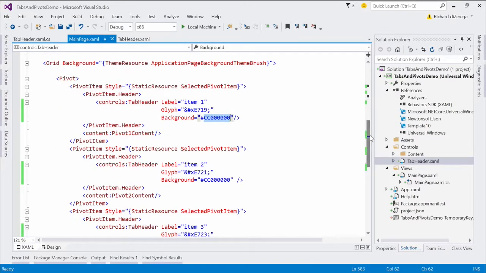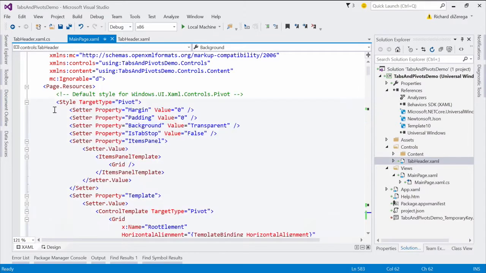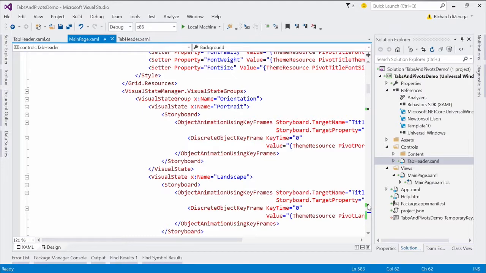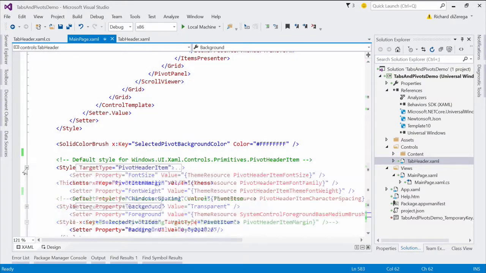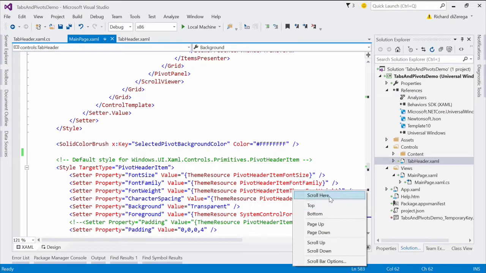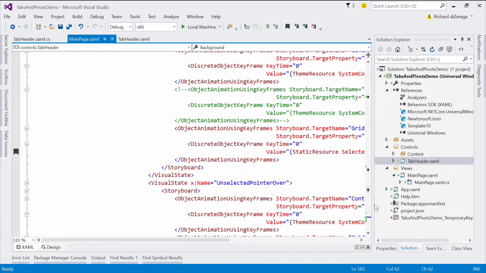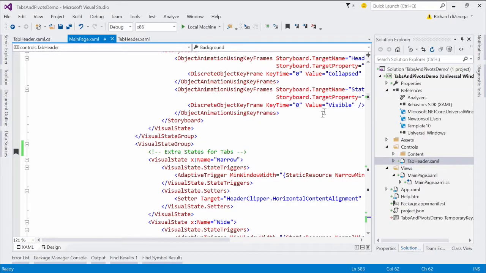So in order to work around that, we needed to make some styles. So if we look in pivot, and we haven't mentioned this except in other courses, you can re-template or restyle any control. And so this is what you have done to the pivot control. Exactly. So what I'm doing right now is just expanding up my styles. So I have all of these present. So if we jump up to this particular location,